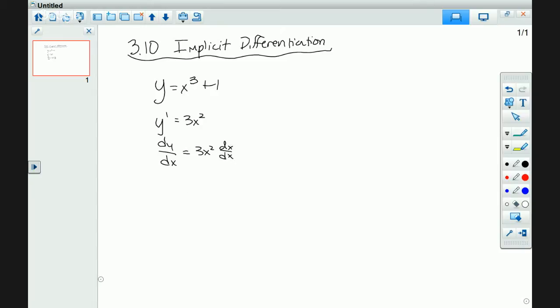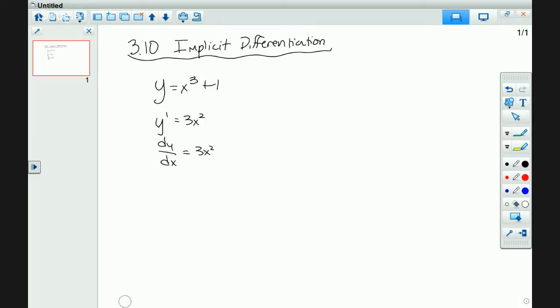Derivative of x with respect to x. But what is that? 1. So do I need to write it? No. Yeah, I kind of shielded you from that so far. That's going to come into play today. Okay? You don't need it. Right? We don't need it, right? Okay, so using this today with